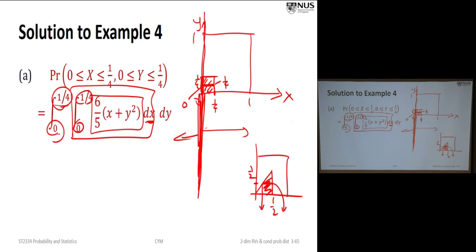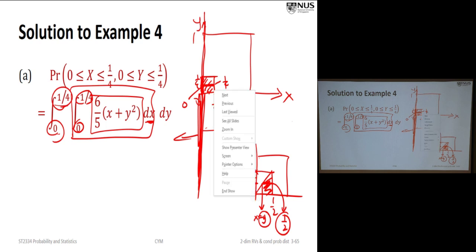Now at this point, the x value is 1/2. But at this point, the x value depends on y. Let's say this is x equal to y. Then this x is equal to y. So the integration limit is from y to 1/2. But then if you look at this part, it is from 0 to 1/2. There's nothing here. So if you integrate, you may think that y is just 0. But no, after you integrate x, you squeeze everything.